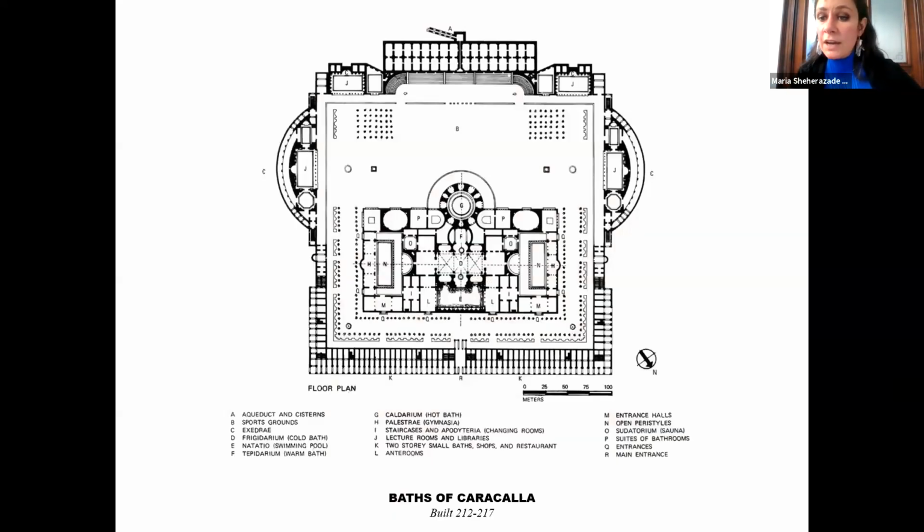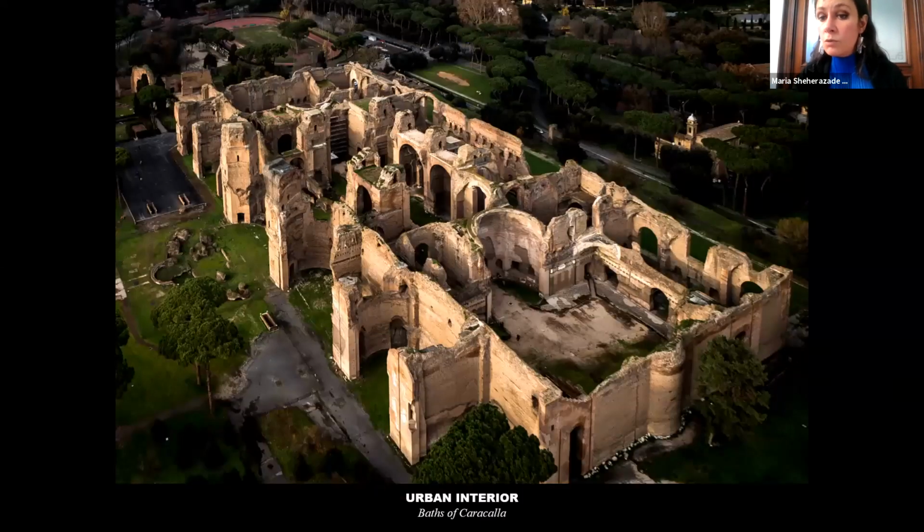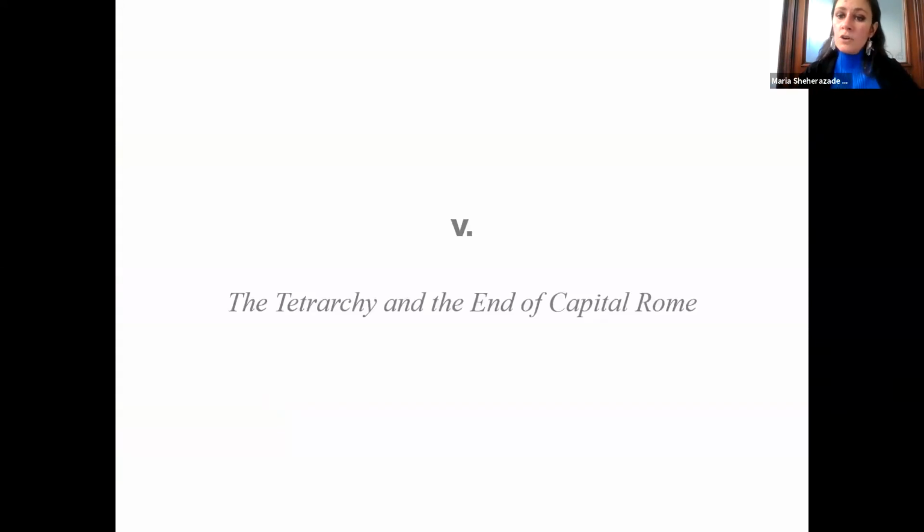So these massive baths of Caracalla represented a big effort on the state's behalf to offer leisure space, but also work to a population that was increasingly disenfranchised. It was possible only through the sophistication of the design, but also the rationalization of the process itself. And of course, this process of parallel skilling and de-skilling would go on to peak and culminate under the Tetrarchy,